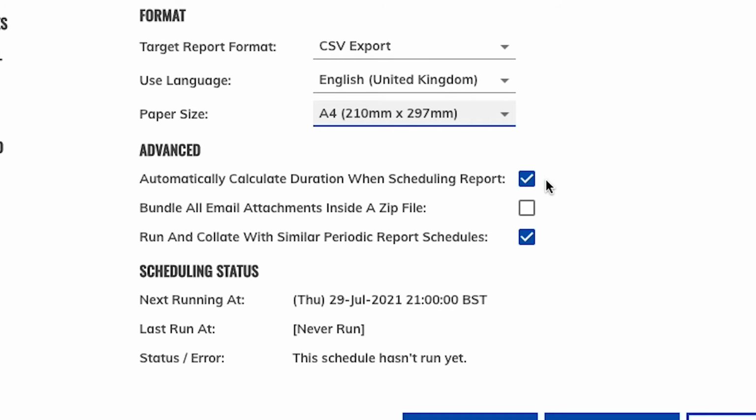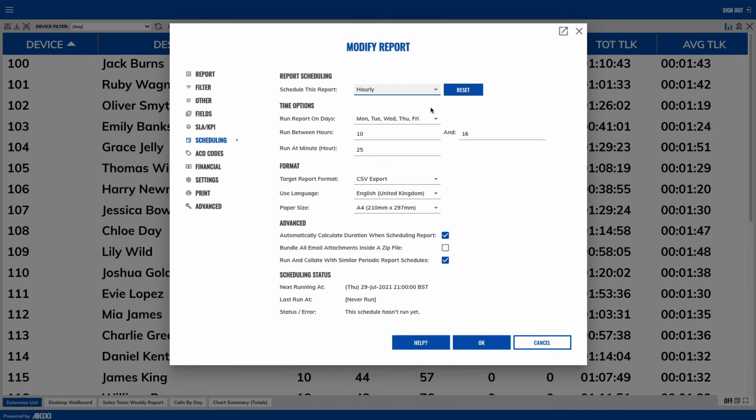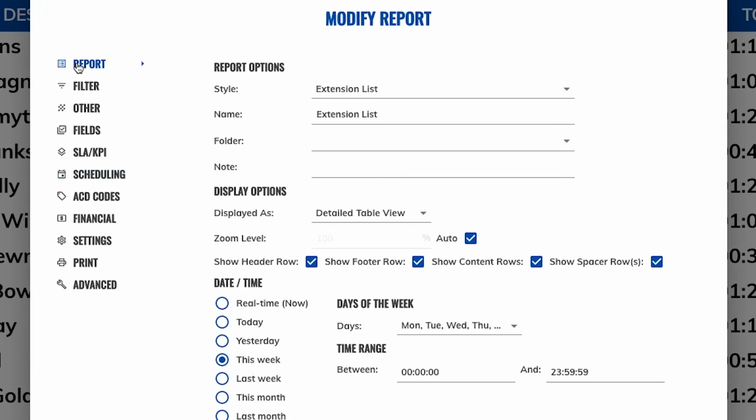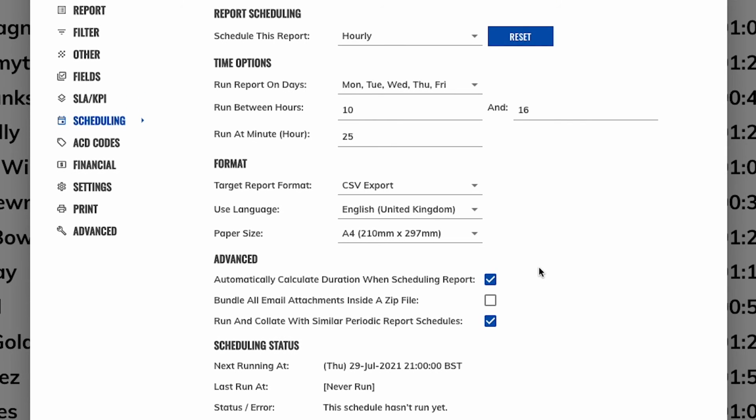Moving on to the advanced features, this first one is automatically calculate duration when scheduling reports. To best explain this, I'm going to change this to an hourly report. Bearing in mind that the time frame for this report is actually set to this week, what would happen if this setting is ticked is because this report is going to be scheduled every hour. Each hourly report will only include the last hour's data,